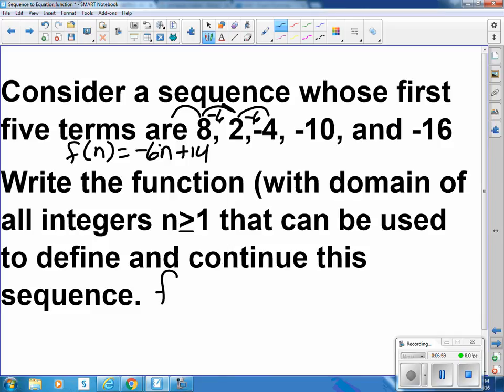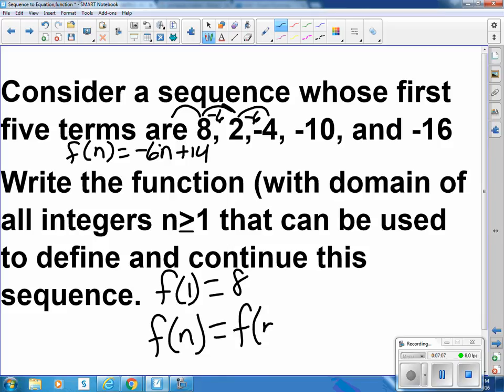Well, I could say f of 1 is equal to 8, and f of n equals f of n minus 1 minus 6. So I could subtract 6 each time, or I could do negative 6 times the number,